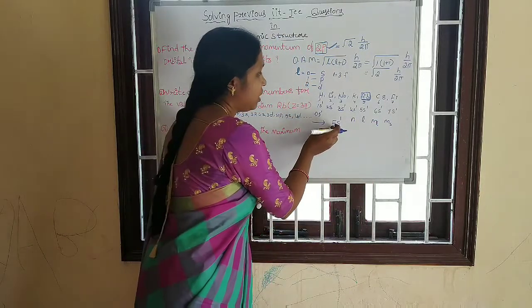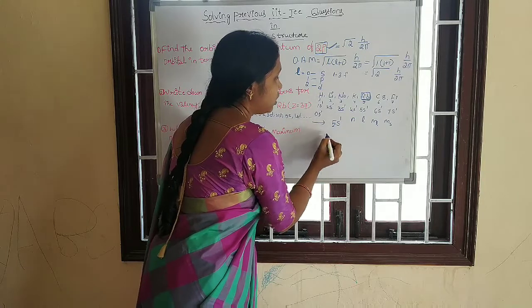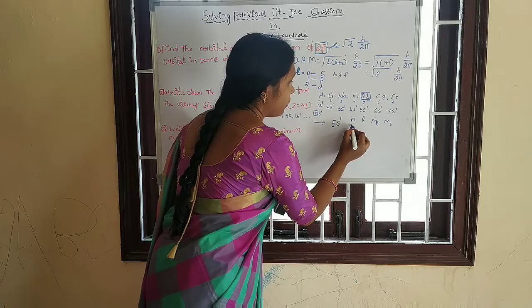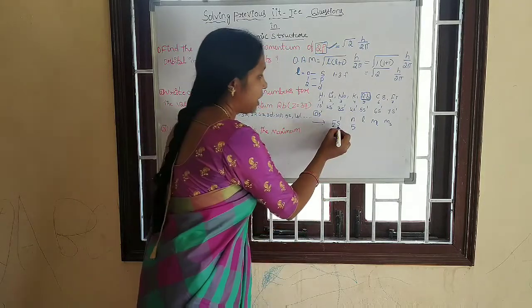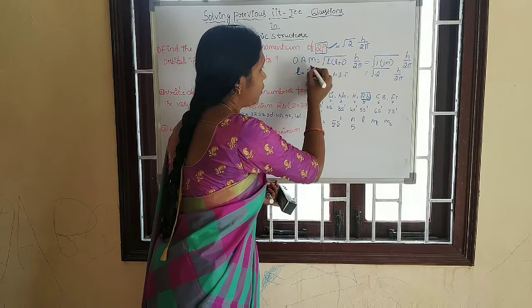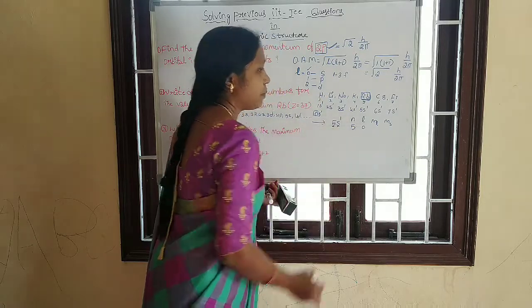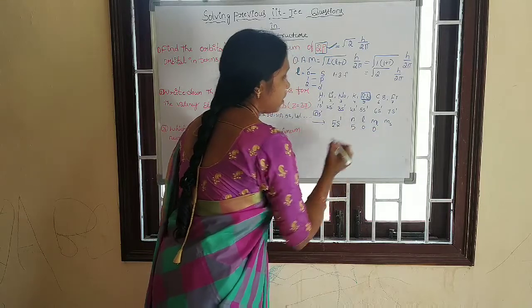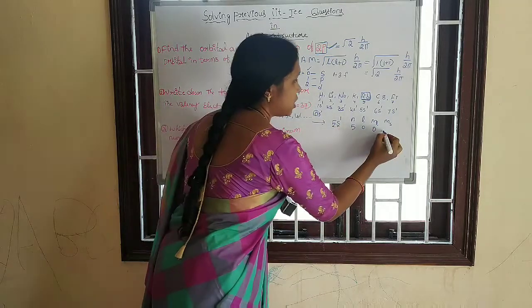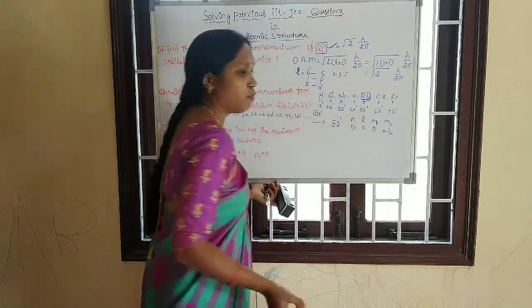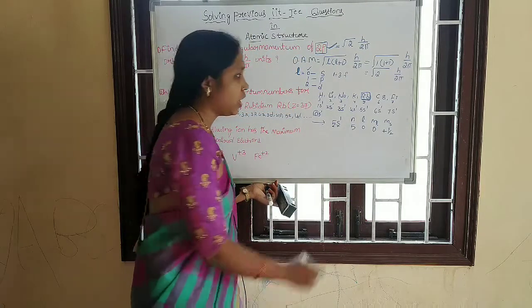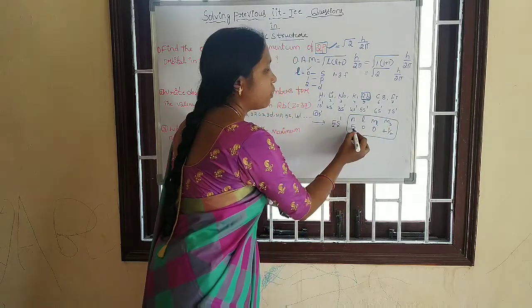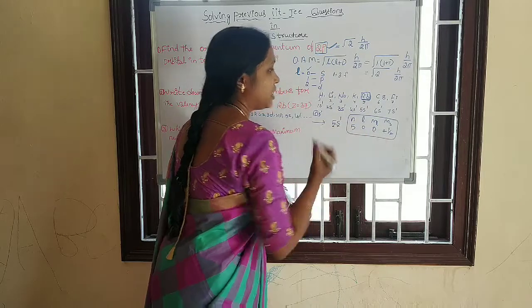You know the n value. What is the n value here? Which period is the element in? Fifth period. N value is 5. And an s orbital has azimuthal quantum number 0. The magnetic quantum number for an s orbital is also 0. One electron means you take plus half or minus half. So the 4 quantum numbers of rubidium are 5, 0, 0, plus half.